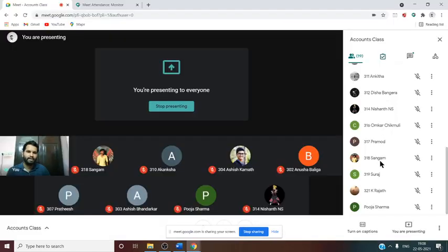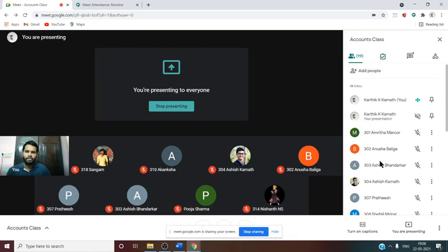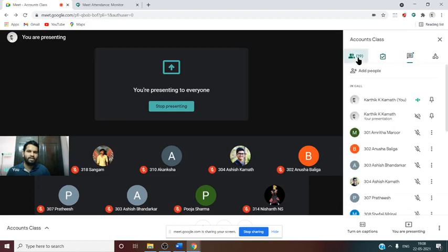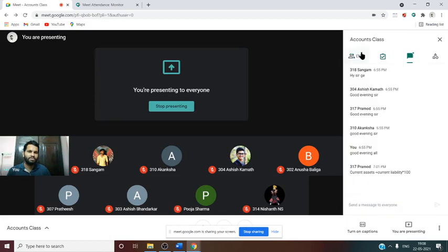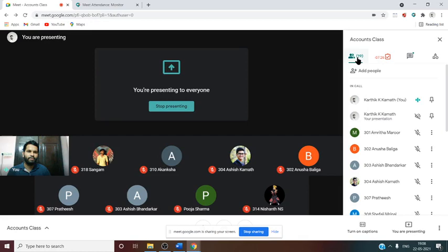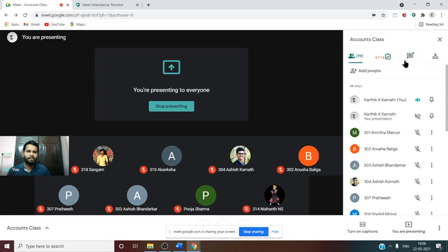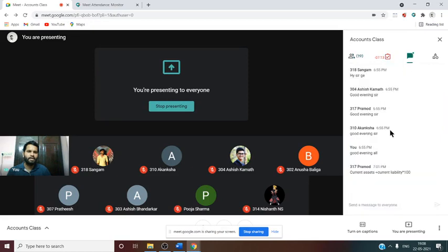Can anyone tell me how to convert this 300% in terms of ratio? Can you comment in the chat box now? This answer, 300%, we have calculated in terms of percentage. You can calculate in terms of ratio as well. Can anyone mention in the comment box how to get the answer in terms of ratio?